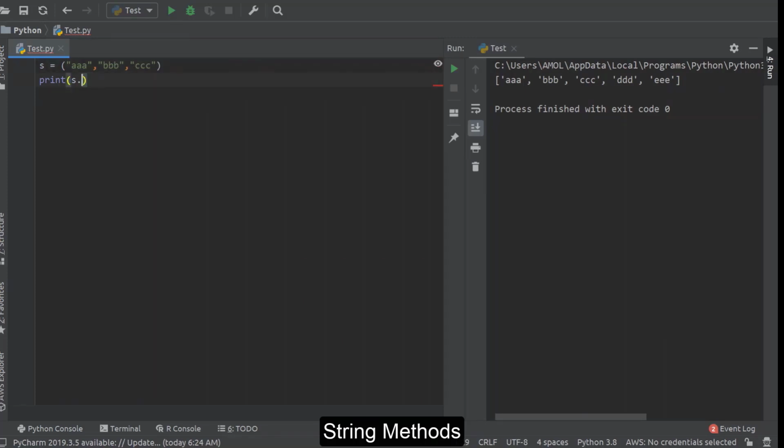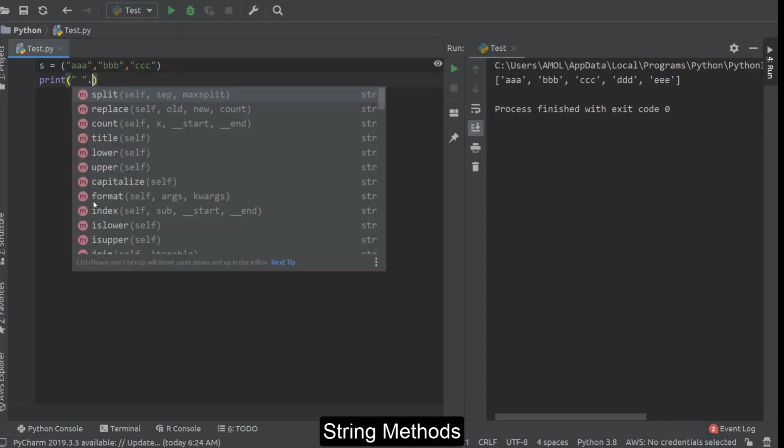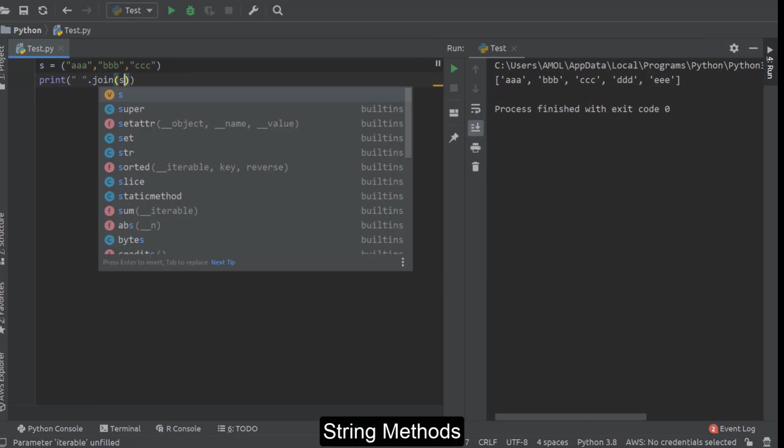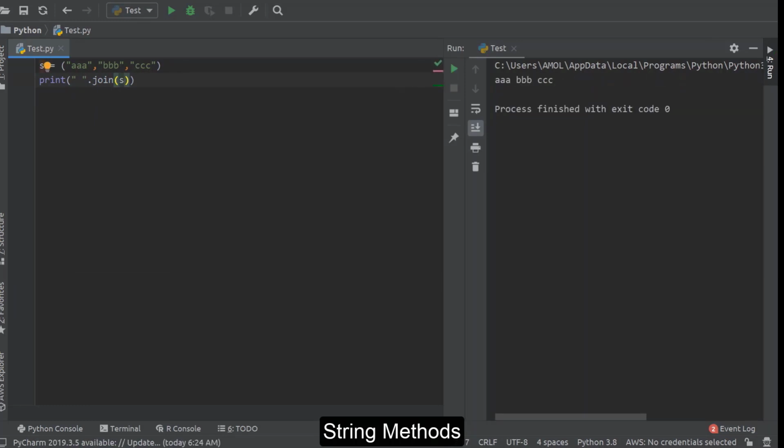Now we can join these strings like this. While joining, we need to provide the character we want to put in between these words. Right now we'll go with space only, and here we are calling this join function on this tuple, and you can see it is creating one string here. So join and split, you can understand they are reverse kind of functions. Split splits your string into a number of strings, and join joins a number of strings into one string. And every time we need one separator character by which we can split or join.